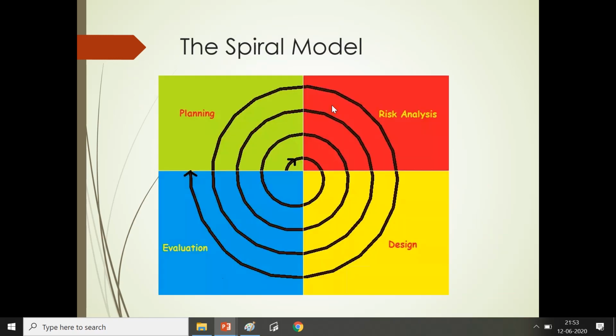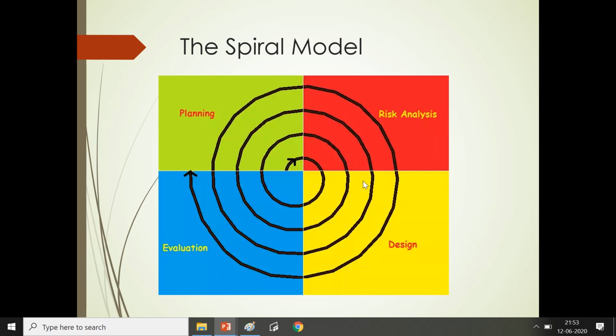So, one more model we have for the software development life cycle is the spiral model. It presents an incremental approach to development that provides a combination of the classic waterfall model and the prototyping model. So this is the combination of the previous models. Each cycle around the development spiral provides a successively more complete version of the software.